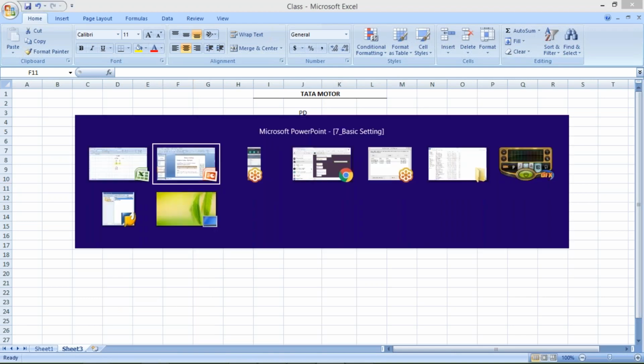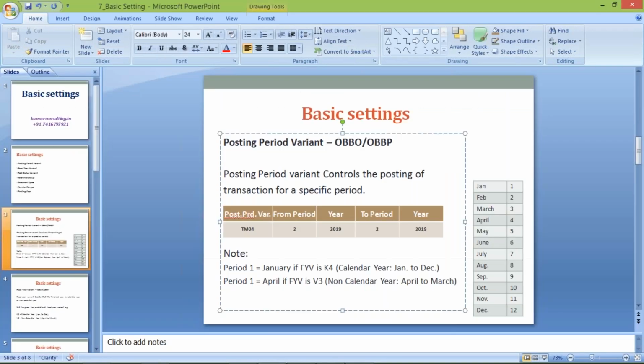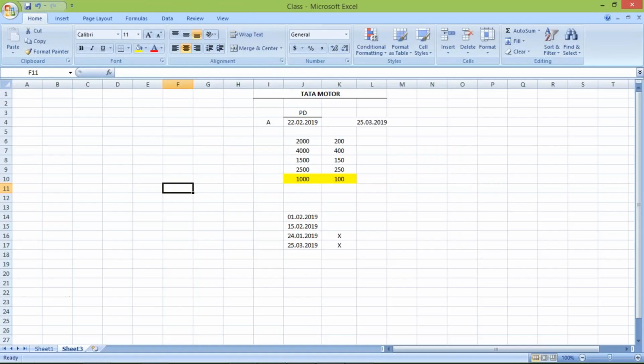Now here, once he has received this mail from the account payable help desk team, then what is happening? Carelessly he is going to post the invoices, because he has to post these invoices on 22nd itself. So he is going to post the invoices on 22nd. He will give 22nd